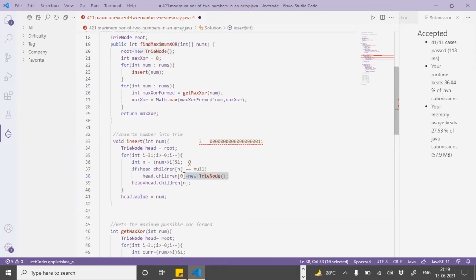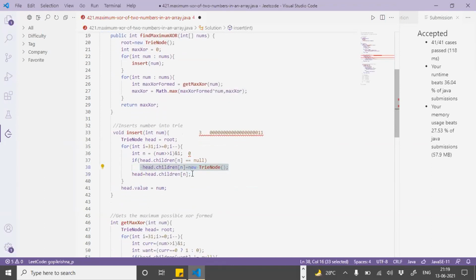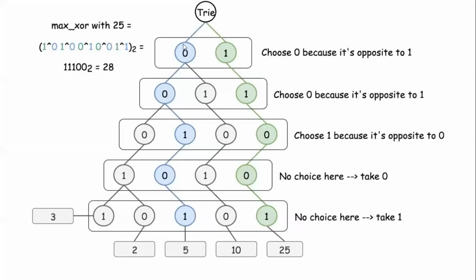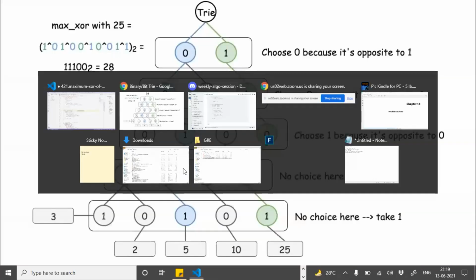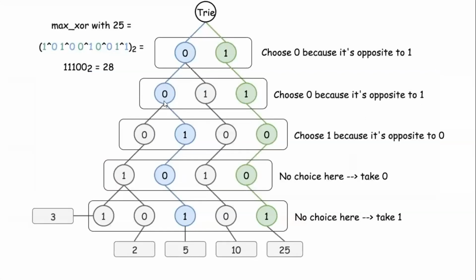So at the nth index, we create one node, and then we move on to the next level. If we see the visual representation, now we have created this. Now we want to move to the next. The next can be 0 or it can be 1. Based on the next bit, since it is 0, it comes to this place, which is not set, and we create one more node at 0.